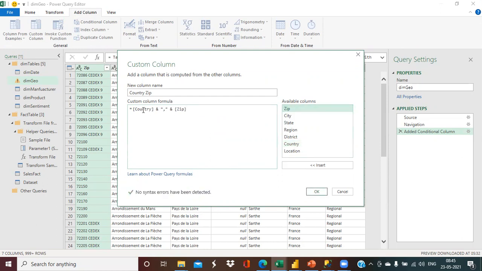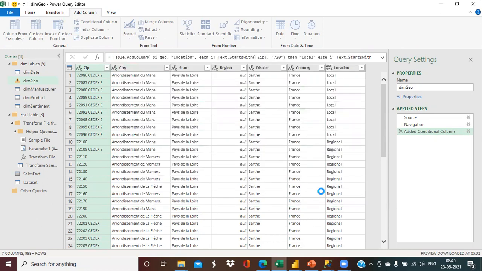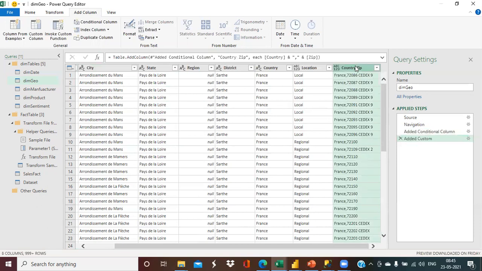Let me explain what the expression is doing. It will concatenate two columns: the country column value, concatenated by a comma symbol, and then the zip value. For example, it will be India, comma, 1234 zip value, then India, comma, 12345 zip value, something like that. If I hit OK, it will add the new column for me. Okay, we are done with this.